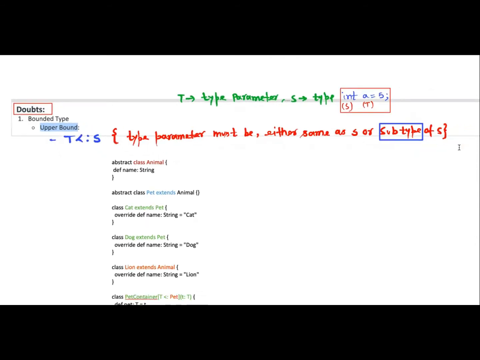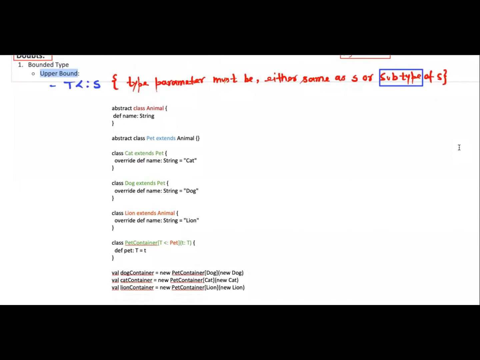But if we want to understand how this is related to real-life examples, in Scala we have this abstract class which declares a string called name.